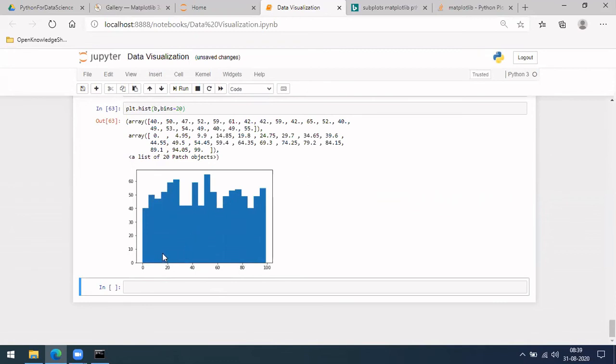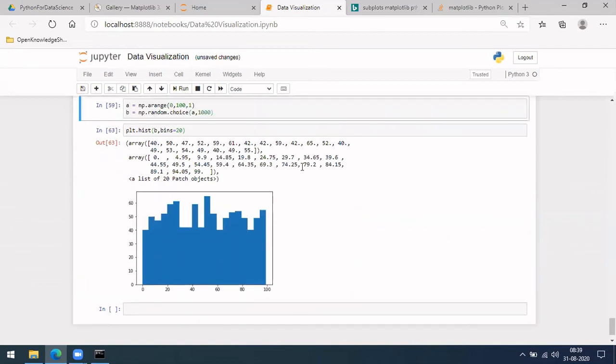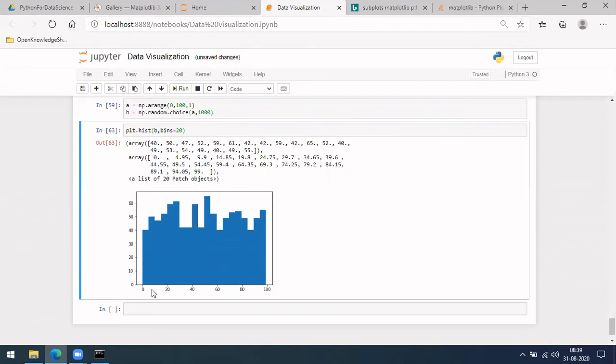This identifies the distribution you received, how your b values are distributed among this range. That is what you get using this histogram plot. This will be very useful to know how your data is distributed. I'll talk to you about various kinds of distributions later.